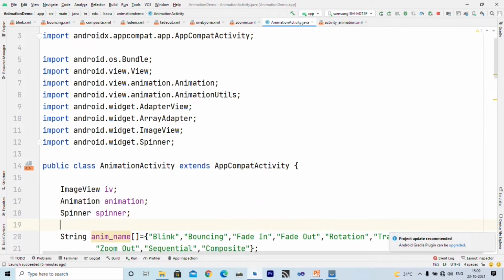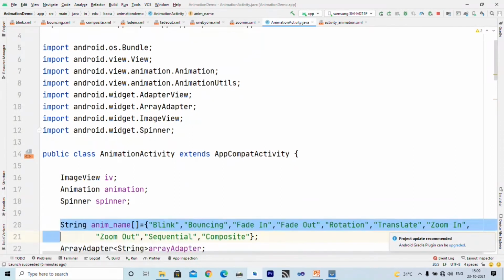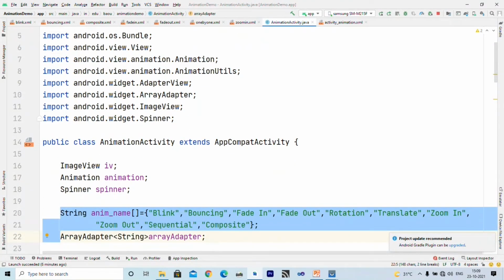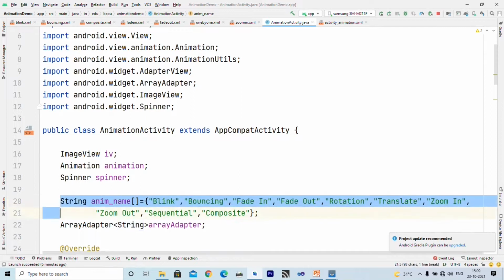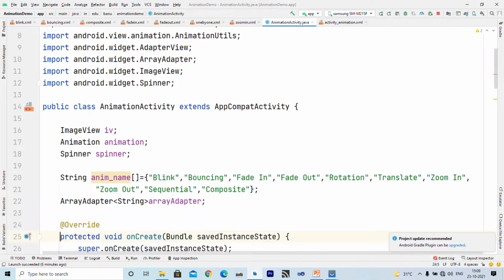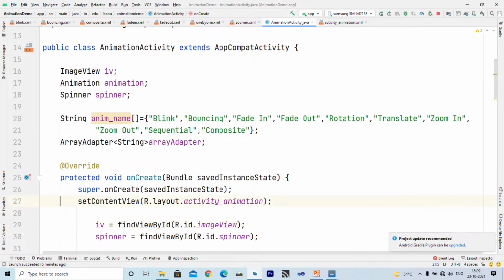This is a spinner, and this is a string array that lists the various animation names that you can see on the screen. Then an ArrayAdapter is required to populate this string array inside the spinner. So we have declared the ArrayAdapter, and inside onCreate we have set our content view to activity_animation, so that the file is displayed initially.